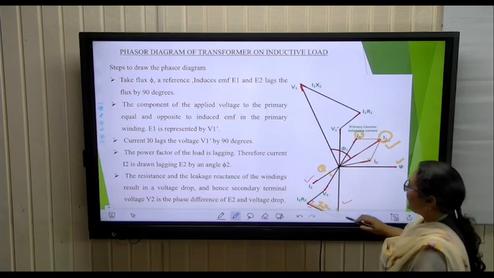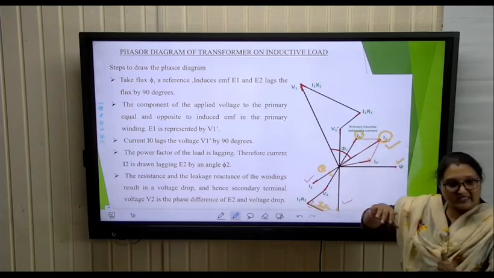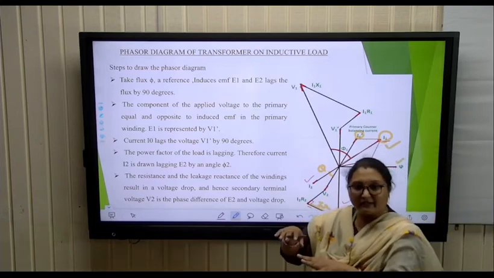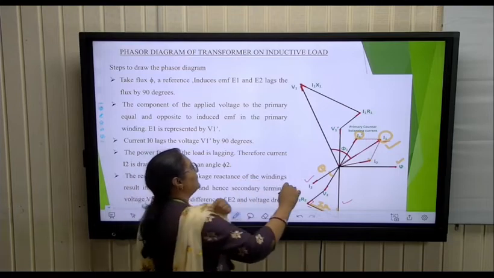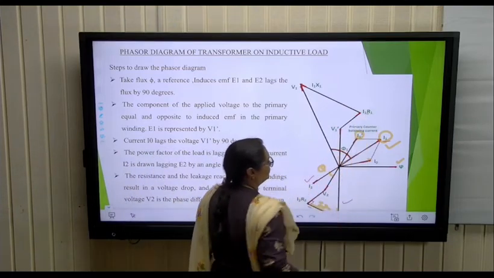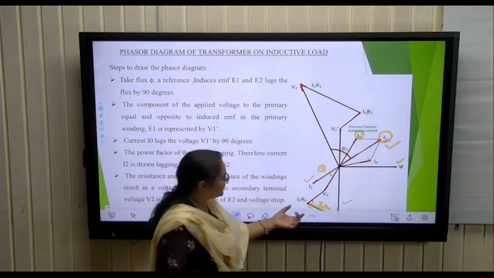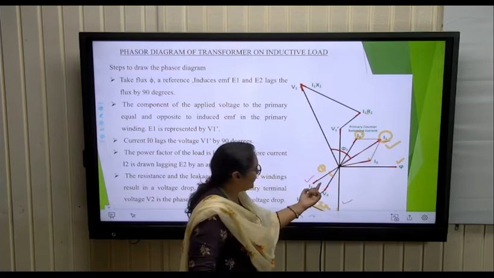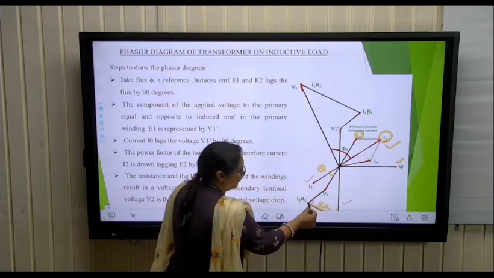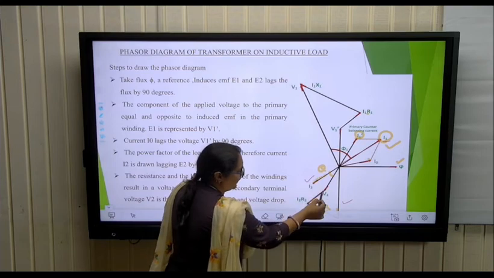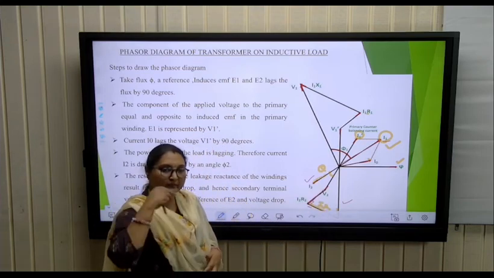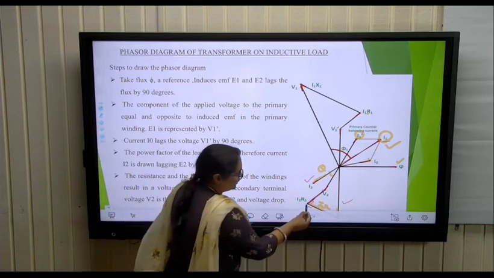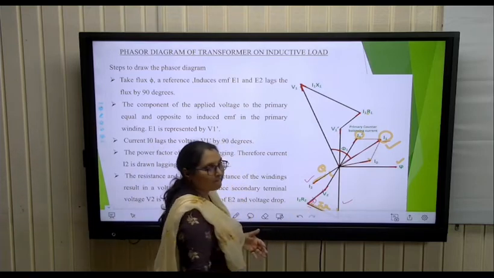Fine. Now as I told you, like on the secondary side we have a resistance and inductance, the same is the case on the primary side. So on the primary side again, this will be in the direction of I2. For drawing this, there should be current, so this is the ohmic drop, which should be in the direction of I2, so it is drawn like this. And the inductive drop is 90 degrees away from this, so it should be perpendicular to this line.